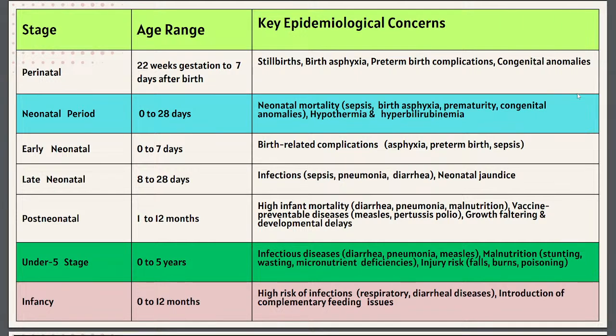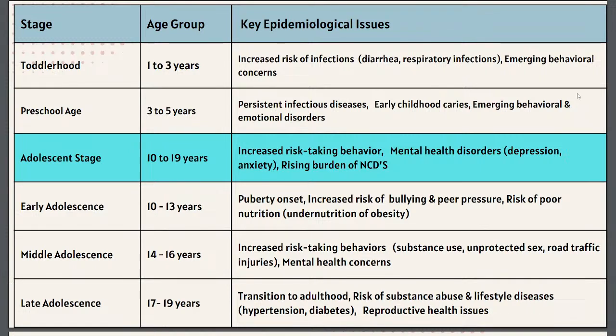So, after 6 months, when the child is supposed to be given feed outside the mother's milk, there are again many things around breastfeeding that you will learn in your future course. But after 6 months, it is the problems of what has to be given and how much has to be given that ultimately decide whether the child is going to have good growth, good development and good survival or not. And another age is toddlerhood, that is 1 to 3 years,